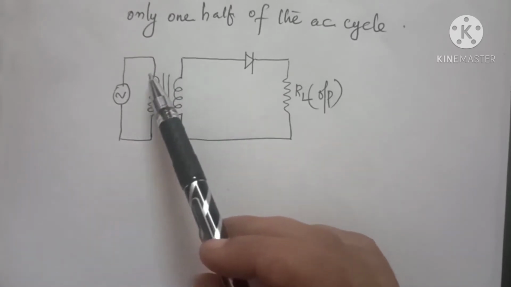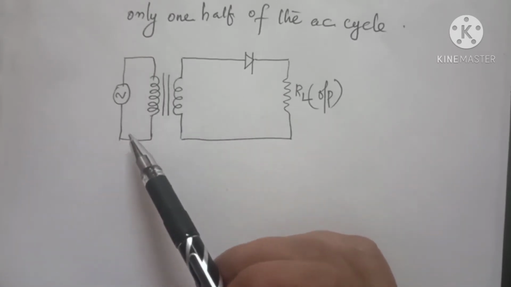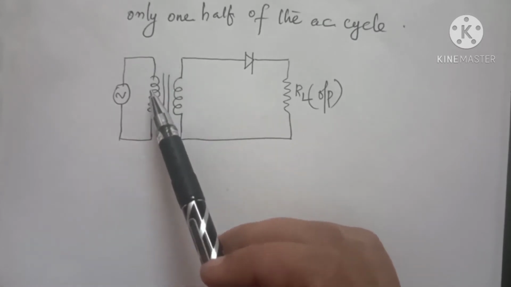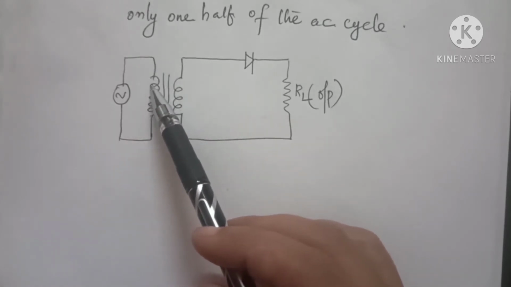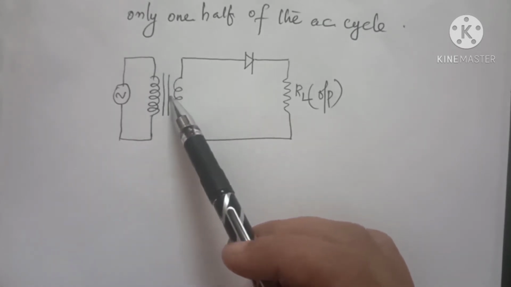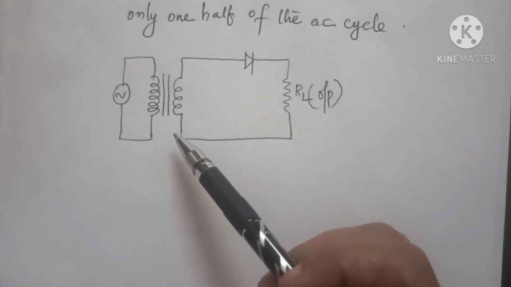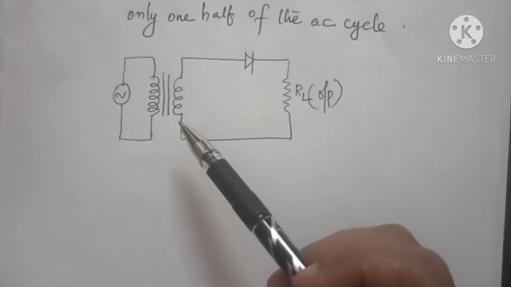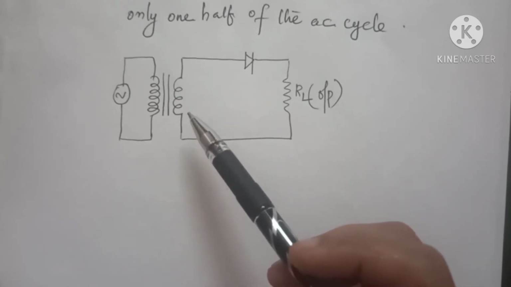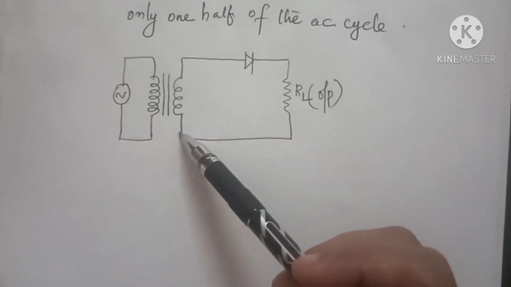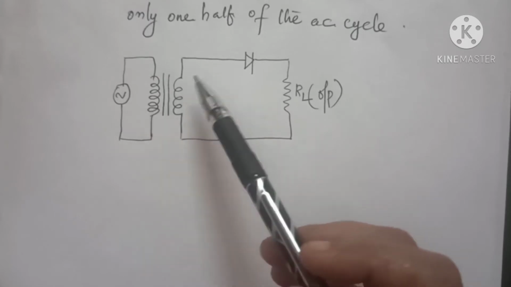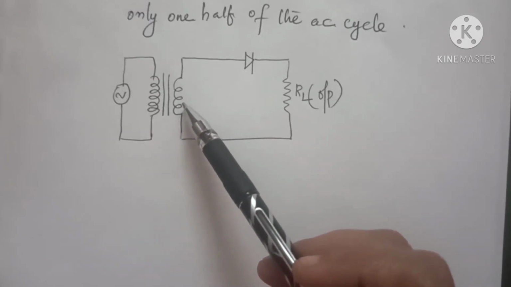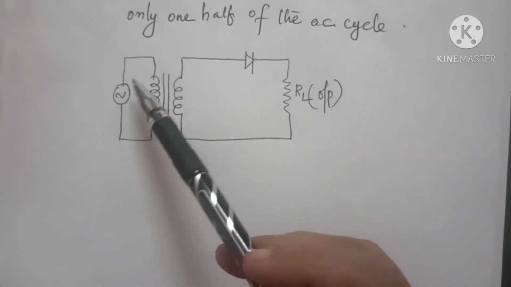This is actually a transformer. A transformer consists of two coils, that is the primary coil and the secondary coil. You will study it in detail in the chapter electromagnetic induction. Okay, so here this transformer consists of a primary coil and a secondary coil,